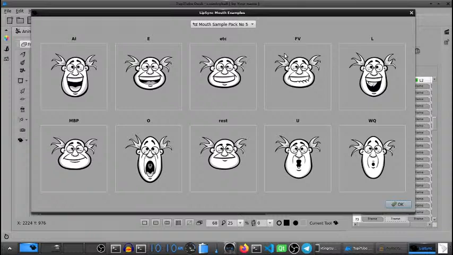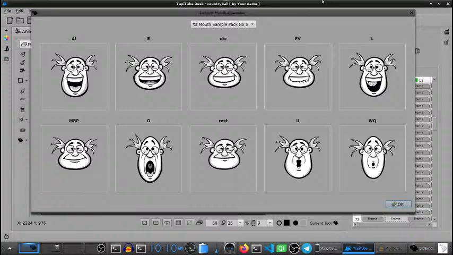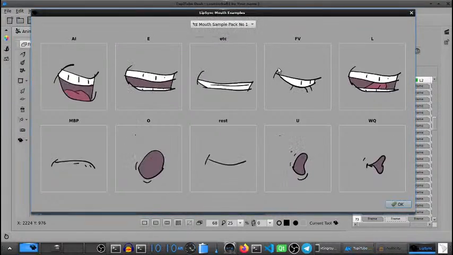Now, in general terms, you just need a set of 10 positions to play with lip sync. If you want to design your own set of mouths, you have to create 10 different images of the mouth. Let's get back to the first example. So that's the first thing you have to understand. You need 10 images representing the different